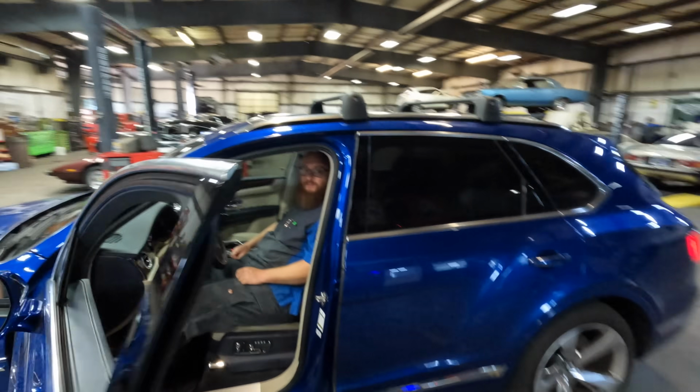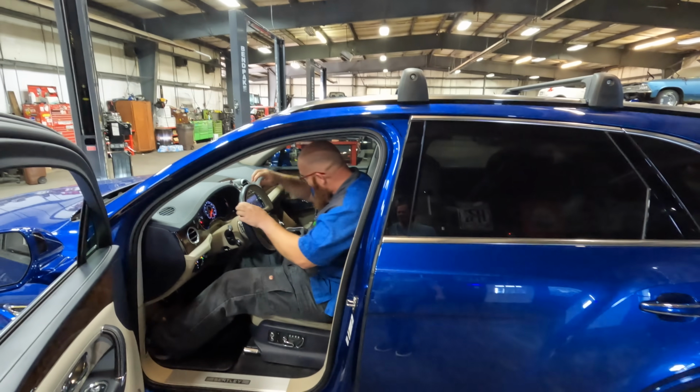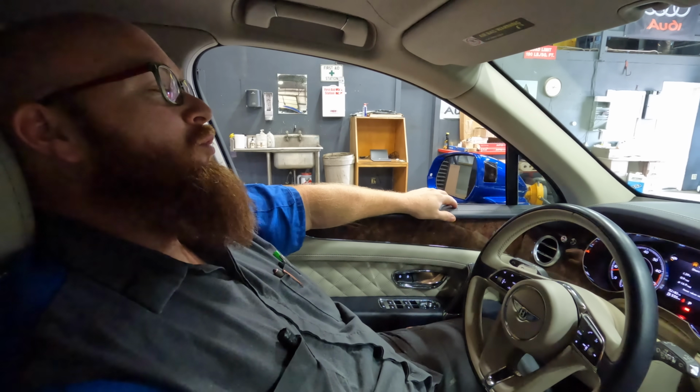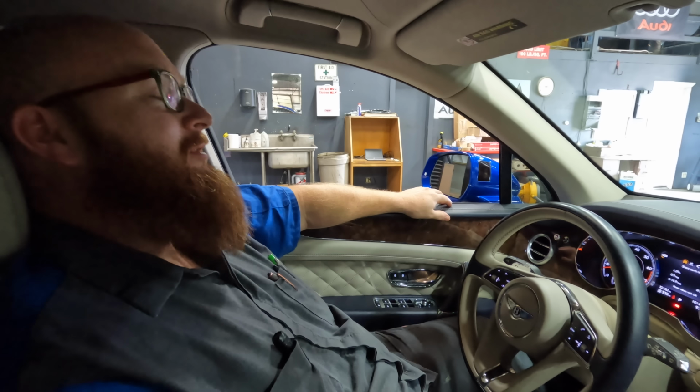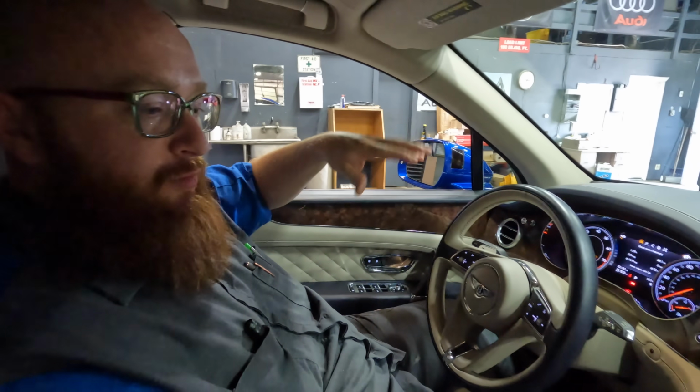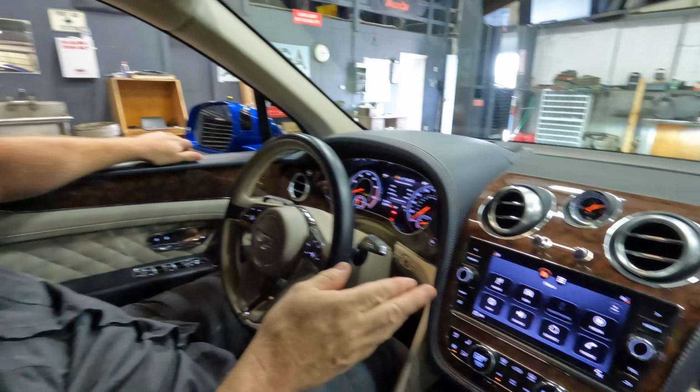An inspection, please, on the Bentayga. Right, sorry. So we can't just put this thing up in the air. You were saying? Oh yes. To put this on the lift, we need to disable the air suspension, and we do that through...